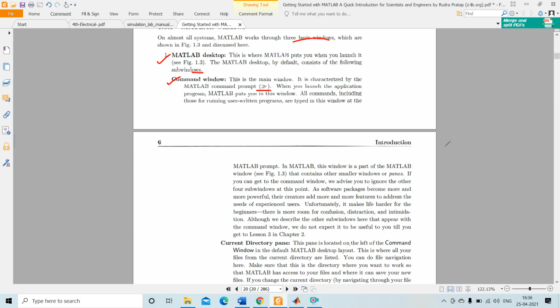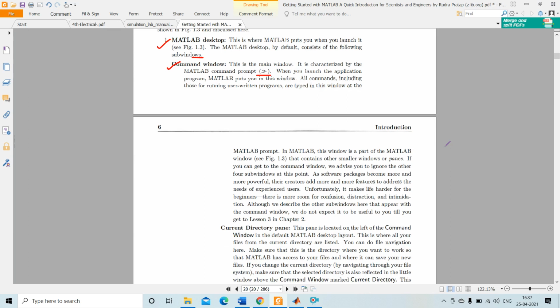Unfortunately, it makes life harder for beginners. There is more room for confusion, distraction, and intimidation. So although we describe the other sub windows here, we do not expect them to be useful to you till you get to know the details.